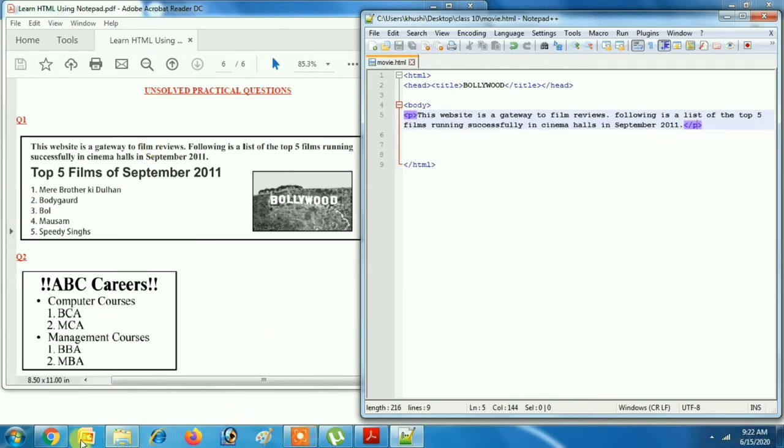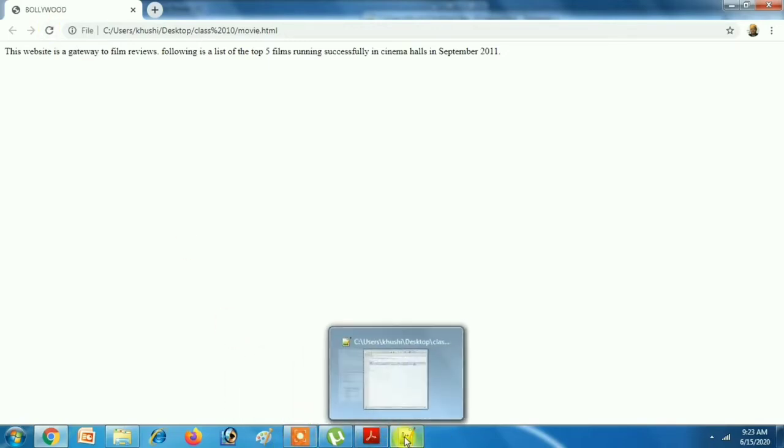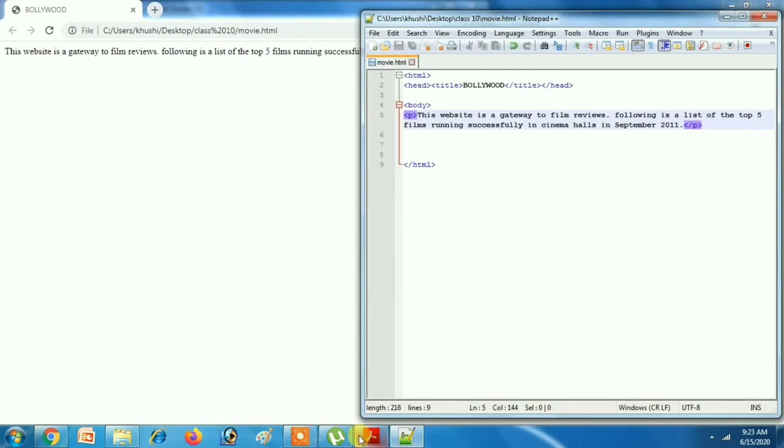Let's see the output in web browser. It is Chrome. In my laptop Chrome is the default web browser. So whatever is the default web browser in your PC you can use. Here you can click on this button to refresh. Otherwise I use shortcut F5. We can use shortcut F5 to refresh. Otherwise you can also use this button to reload the program in the browser.